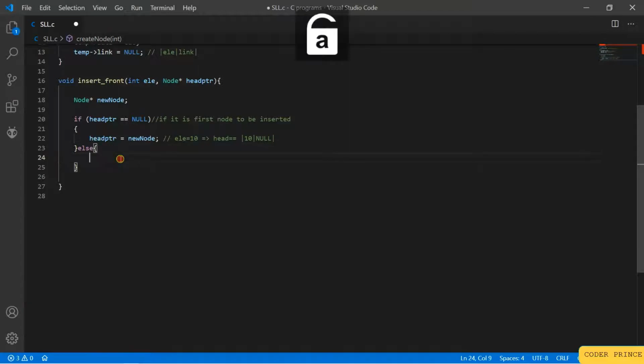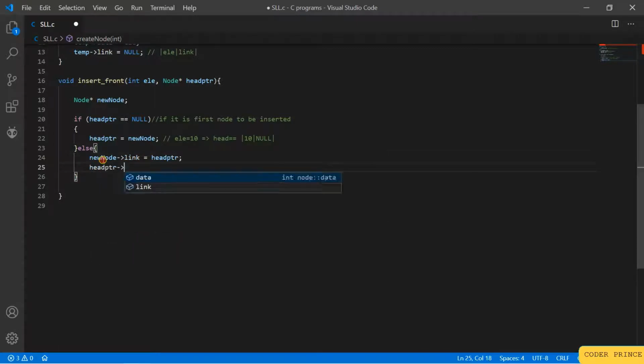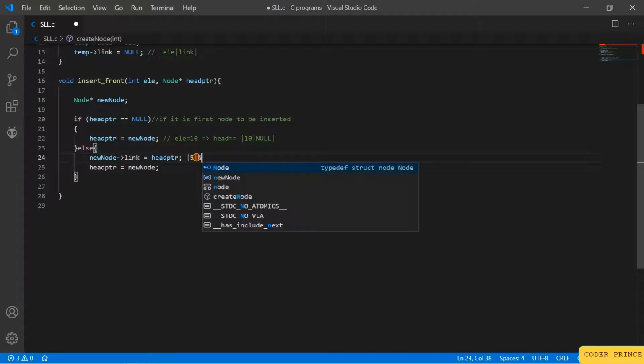Now what if we insert a second node? We need to insert in the front, so that will be the new node. If the new node is the second node, the link of the new node should hold the head pointer first, and then the head pointer has to change its position to the new node. So directly I can set the head pointer to the new node. If you say this new node is 5 and the link part is null,